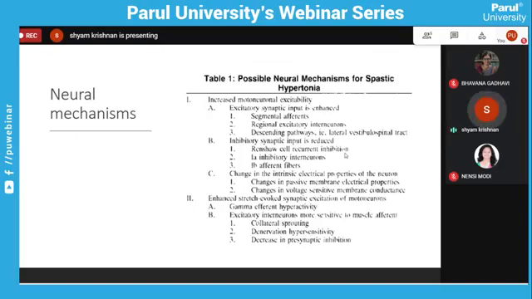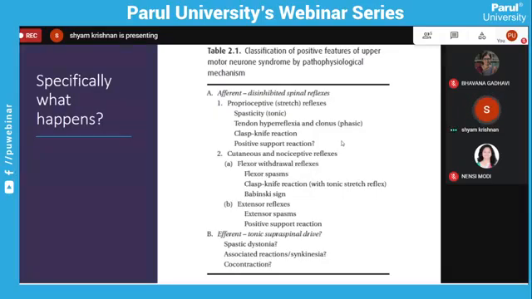So don't be under the assumption that even if you don't treat or address spasticity, it is going to remain the same. It is not going to remain the same. Even the neural mechanisms are going to adapt. The mechanisms responsible for the manifestation of an elevated tone will be primed, or tuned in such a way that there is an even greater increase in tone. This is what you need to understand about what specifically happens.